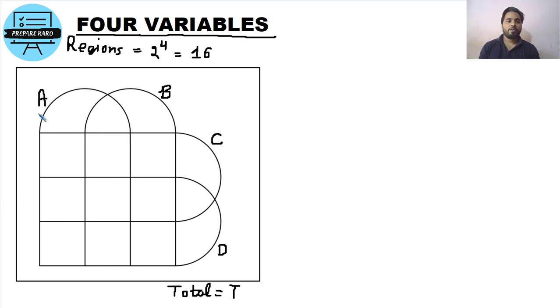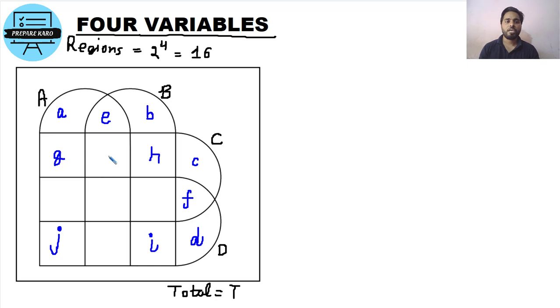Okay, only variable A, small a, only variable B, small b, only variable C, small c, only variable D, small d, right? Then we have only A and B, E; only C and D, F; only A and C, G; only B and C, H; only B and D, I; only A and D, J,